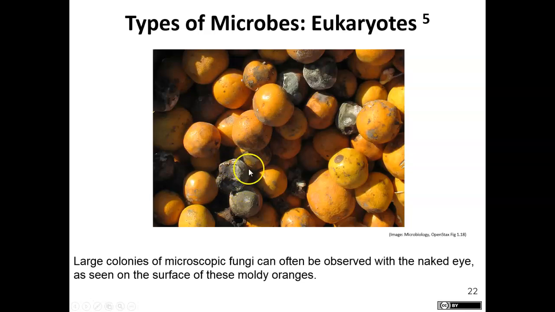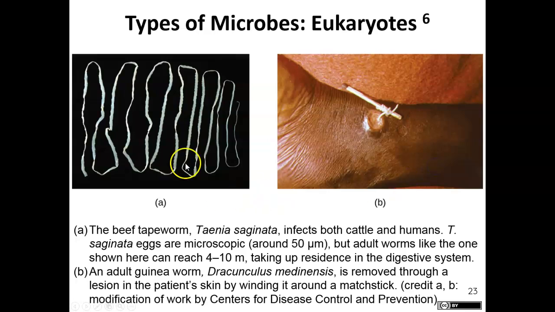So this is just fungus growing on fruit. Fungus can be very beneficial, but it also can cause a lot of food spoilage. And that's what this picture is depicting, food spoilage. And then here we have our multicellular helminths. So this is a tapeworm. This is a special worm known as the New Guinea worm,